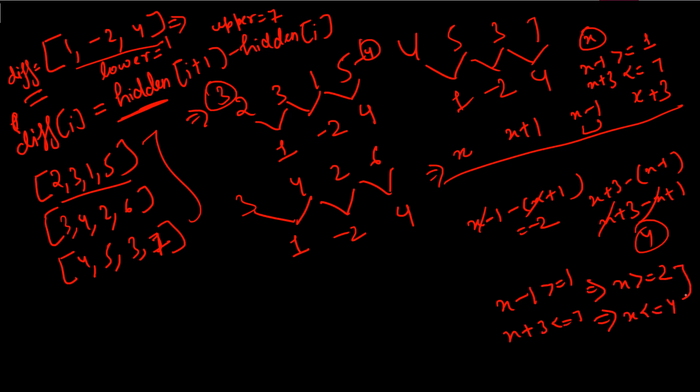So we can choose the elements in this particular range. What are the elements in this range? 2, 3, 4. So x value should lie among these elements. 2, 3, 4 we can choose, and that's what we have done here for these sequences, right? If you put these values 2, 3, 4, you will get these 3 hidden sequences. So now you must have understood the approach, what we are trying to do. If the approach is clear, then we can move to the coding part, and you will get a better understanding of it.